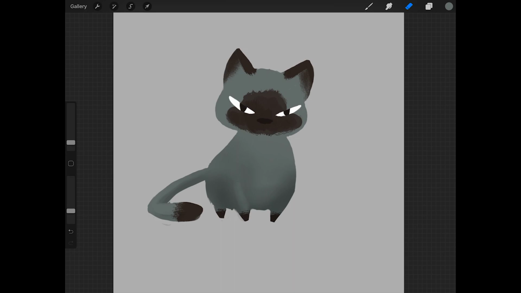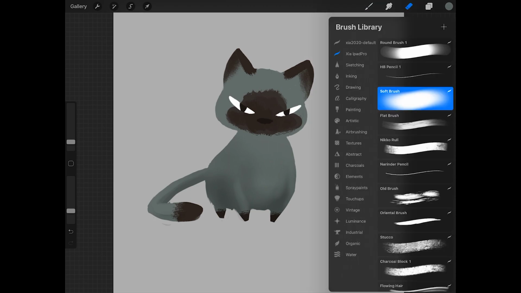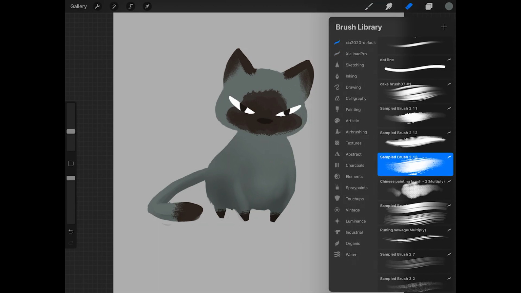So I think right there that should be okay on the legs, and I might erase it a little bit on the chest. So there we go. I just use eraser to erase some of the shadow out, because some part of it the light hits it. All right, so